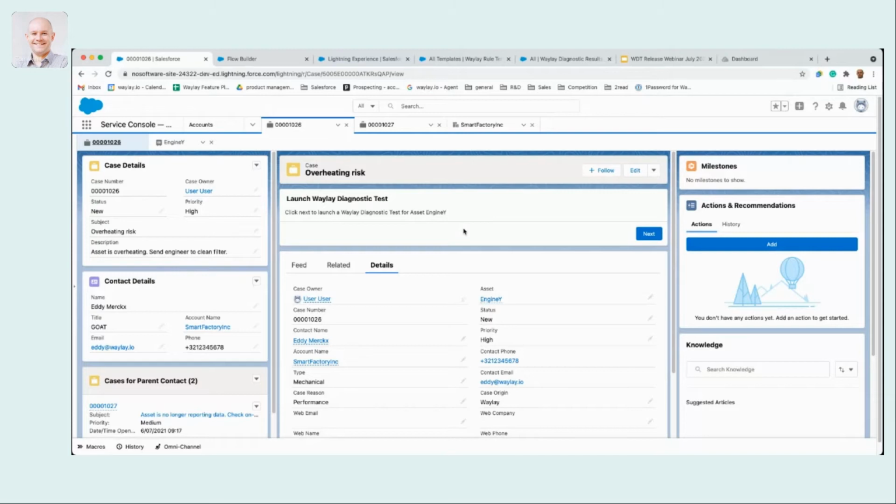Using these diagnostics tests, you can abstract away the complexities of having to look at the raw data and having to look at the data patterns for making decisions on what is now the best next action. Okay, so in that sense, it's a very efficient way of quickly validating remote maintenance activities. So what I just showed you is